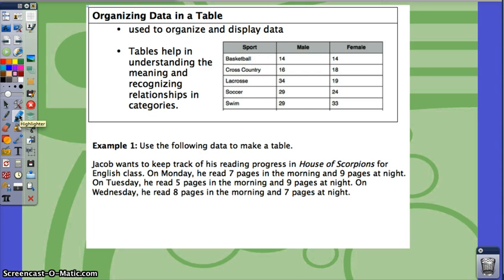So, when you take a look at this, we're talking about reading, and you may notice that we see a couple of things here that are happening. We have Monday, Tuesday, and Wednesday information, and we also have 7 pages in the morning, 5 pages in the morning, and 8 pages in the morning. And those morning numbers might be compared to the pages at night. I like to highlight and think about this before I create my table. So when you create this, you have to display the information for those 3 different days and compare the morning and the night. You can set up a table multiple ways, but I'm going to set it up thinking,